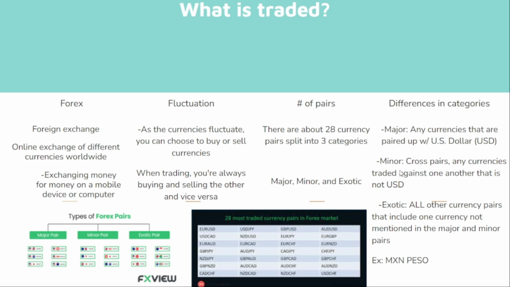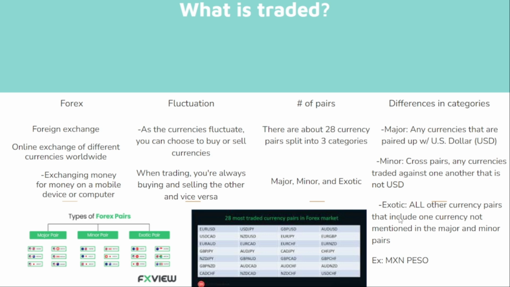So those are basically the differences. And later on throughout the lesson, you'll see why they're so important and why people choose to go through the major pairs, the big bros. But it's not always major pairs that have volume and where you can make money. There are minor pairs where you can make a really good amount of money, so consider those important too. It's not always just the US dollar, but a lot of people just like to trade the US dollar.